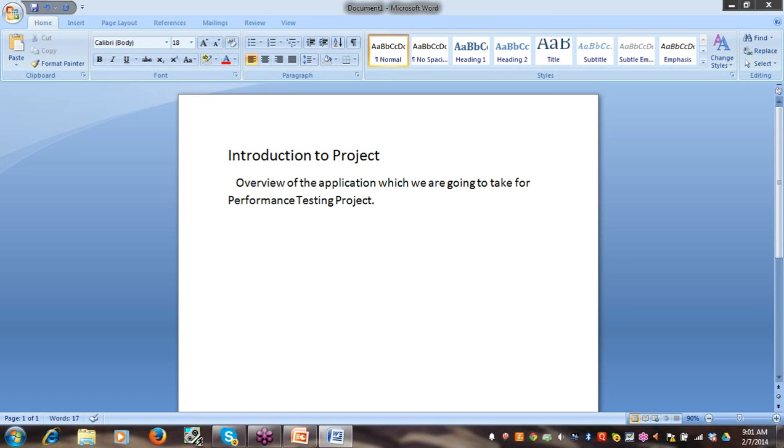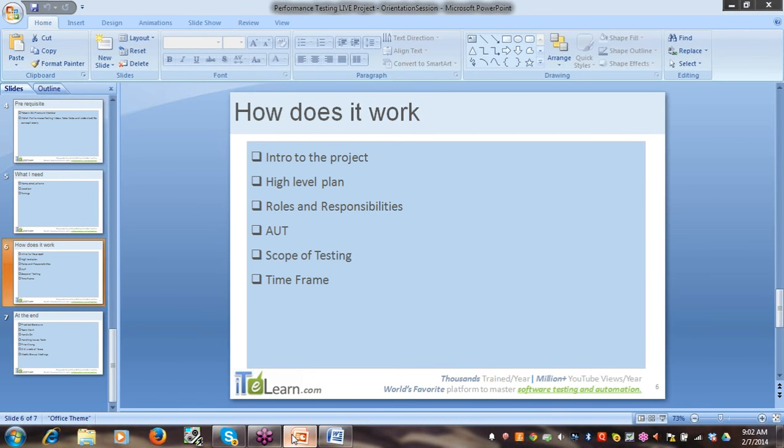Also, which tool we are going to use for the project. So all these things will be covered in session 1 when we start up with the performance testing live project. Okay. Next,